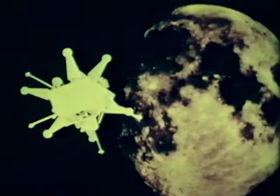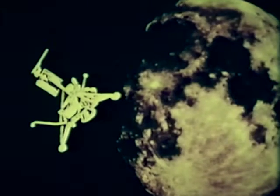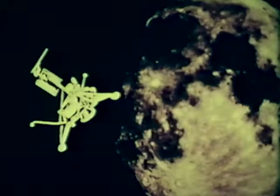When combined with the data gathered by Surveyor, we will have answers to most of the questions affecting safety of the first lunar explorers, as well as